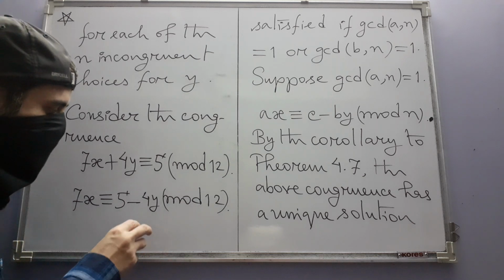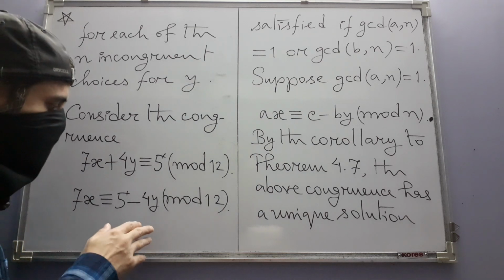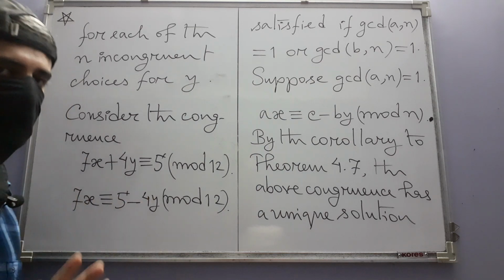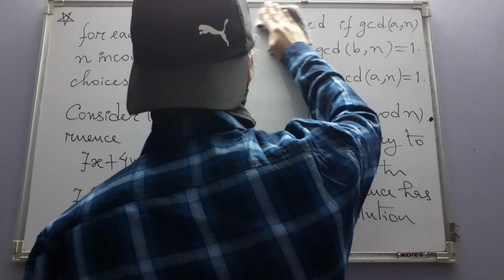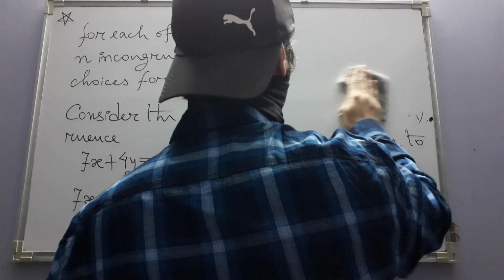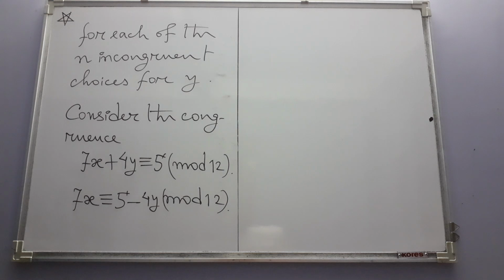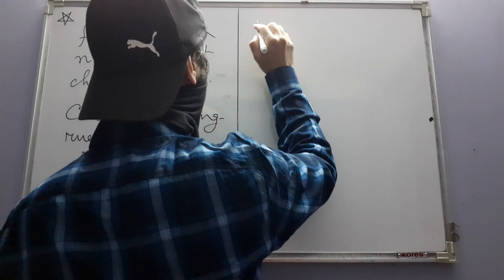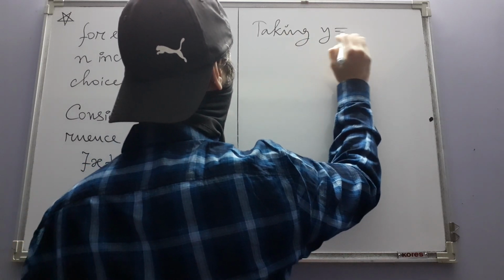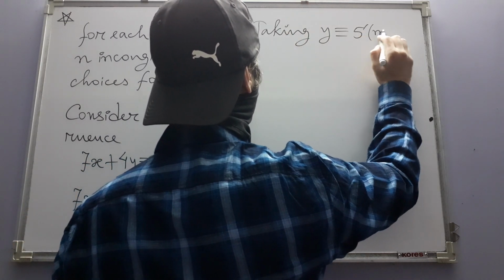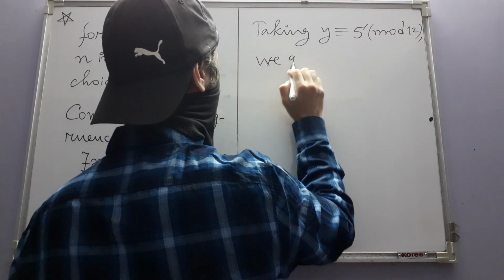In other words, if you choose integers from the same congruence class modulo 12, then you are essentially just doing one thing. Taking y congruent to 5 mod 12, we get